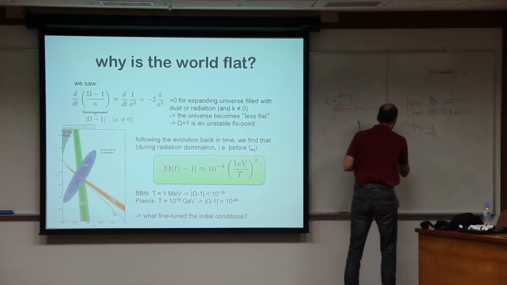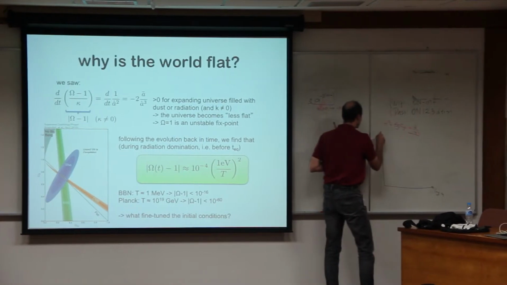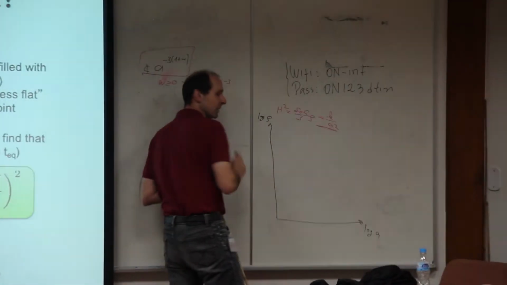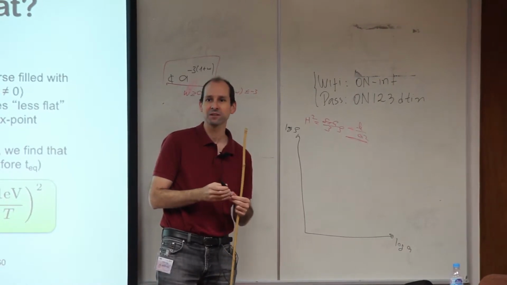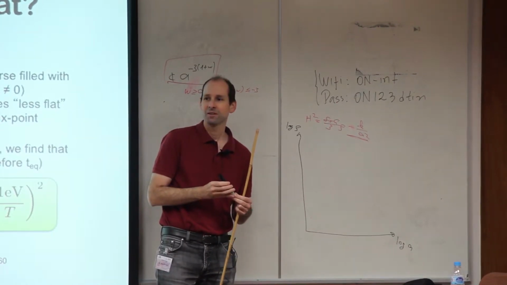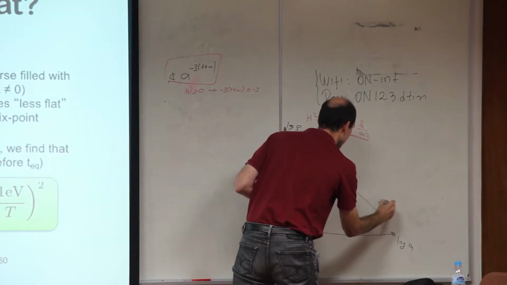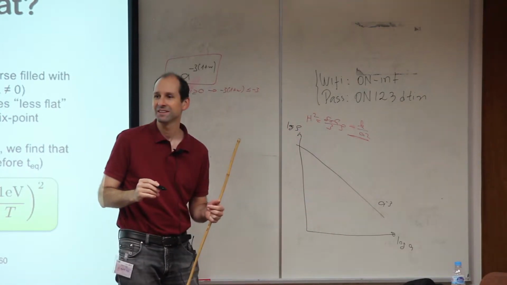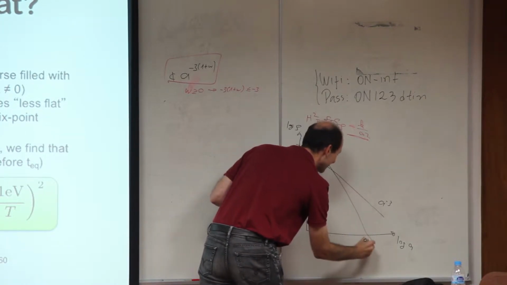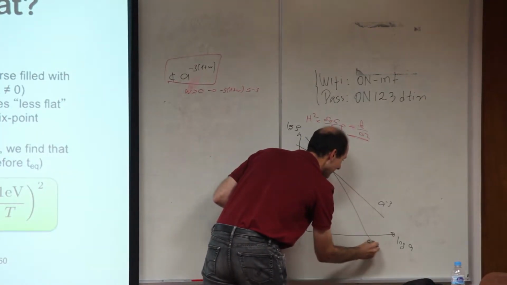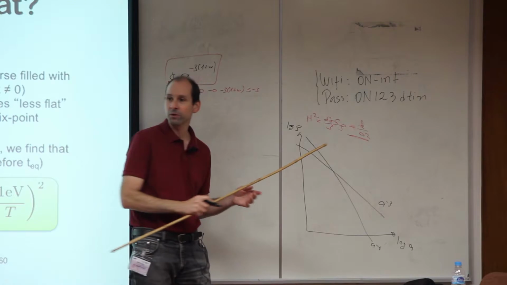We can go back to the evolution of the energy densities with the scale factor. Does someone remember how the matter density evolves with scale factor? Yeah, exactly. A to the minus 3. And radiation, A to the minus 4. So this is dilution with volume, and this is dilution with redshift. And curvature adds this 1 over a squared term.